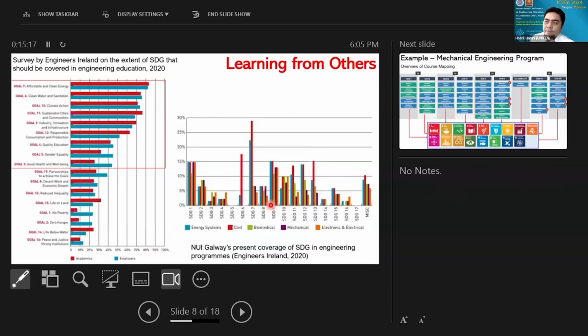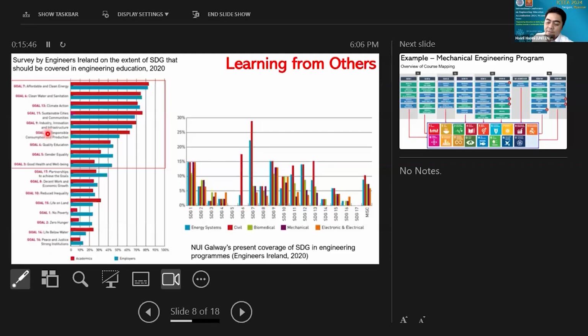Some literature or some findings, this is from maybe some of the papers in 2020 by Engineers Ireland. If you can see here, these are an example of surveys done to the academics and to the employers in terms of what are the elements of importance according to engineering.